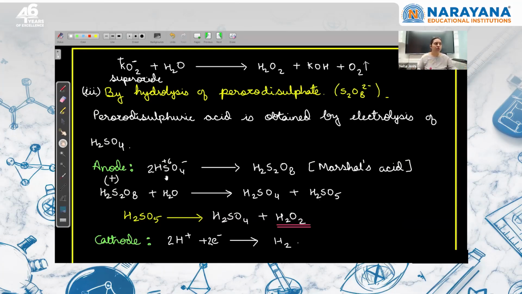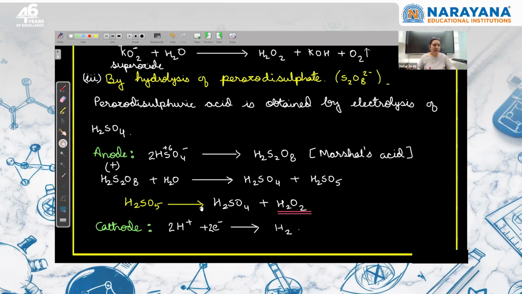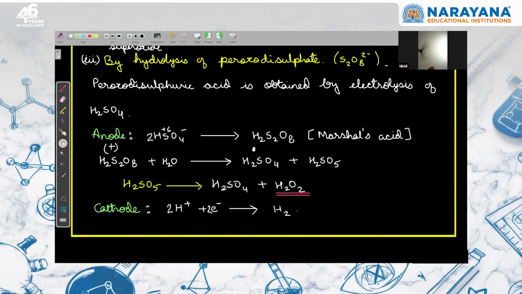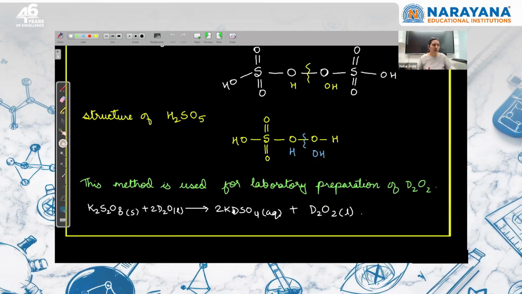We can do their hydrolysis and then electrolysis. Okay, peroxodisulfuric acid is obtained by electrolysis of H2SO4. Okay, like this. First we make this and then after doing this, we